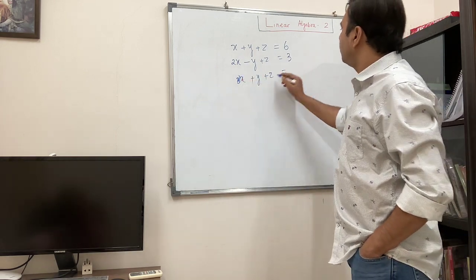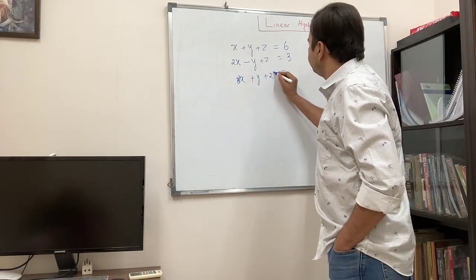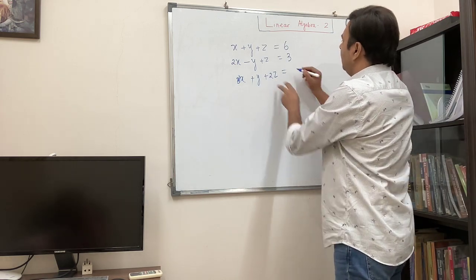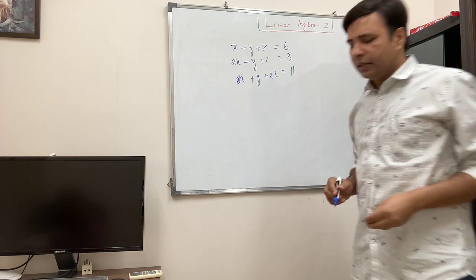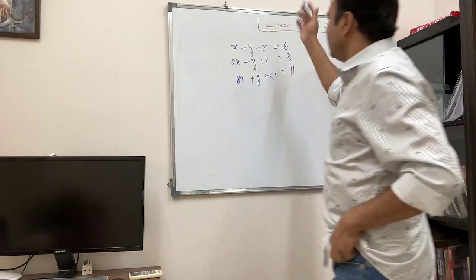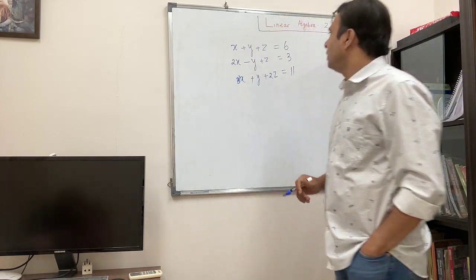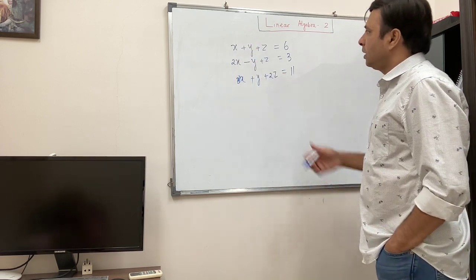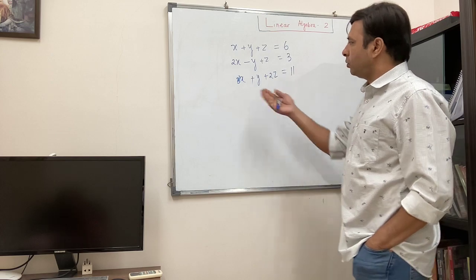And that's something, let me make it 2z just for the sake of it. So it will be 3 plus 2 is 5, and plus 6 is 11. So we already know, we have constructed these equations by knowing the solution, but we fake as if we don't know. And how do we want to develop the Gauss method of solving it,